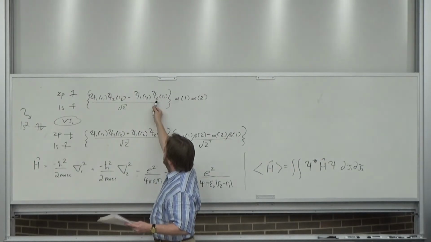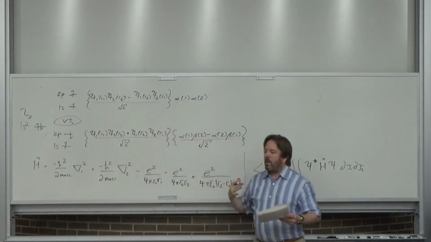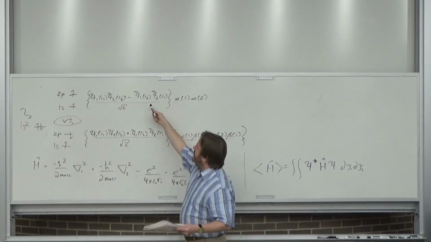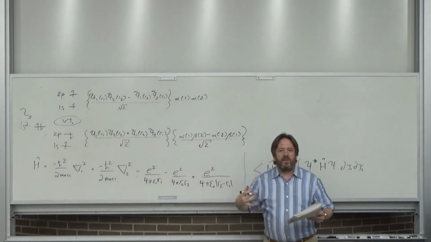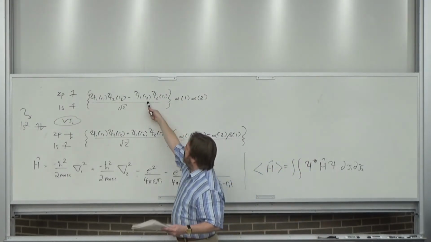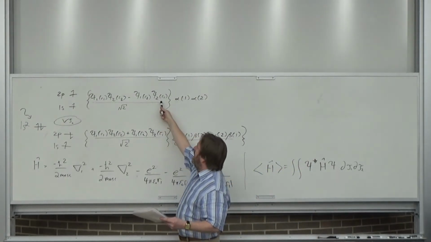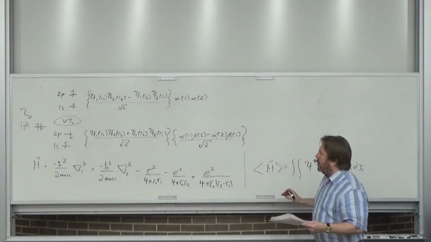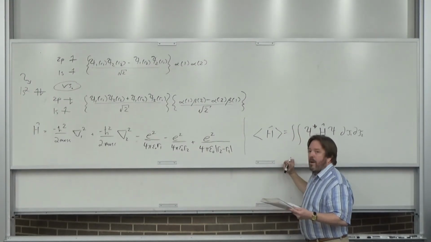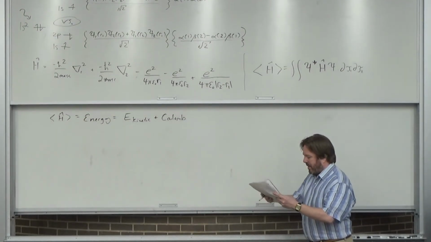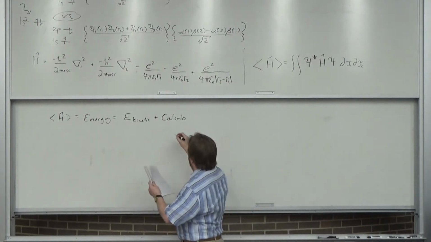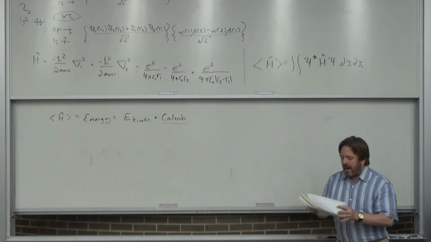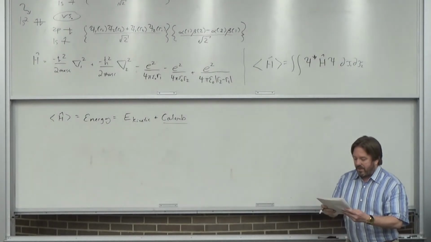This term here is a weird one, where I've got the first orbital holding the second electron. Now that guy is going to get sucked into the integral for the second electron, and that one's going to get sucked into the integral on the first electron. So it's going to end up complicating the thing. And let me show you how it ends up being complicated. So the Coulombic part is going to end up being a little complicated. Now let me show you what that ends up looking like.